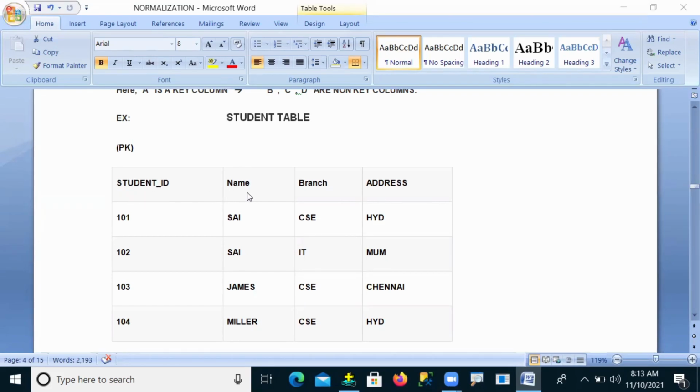That means the name column, branch column, address column all depend on which column? The student ID column. So tell me guys, in this table, do you have fully dependent columns? In this table, all columns are depending on student ID, so this is completely a fully dependency.